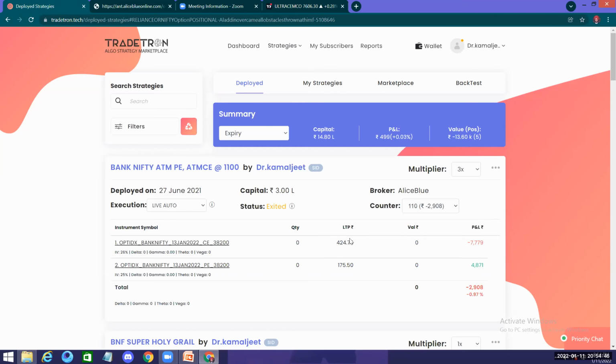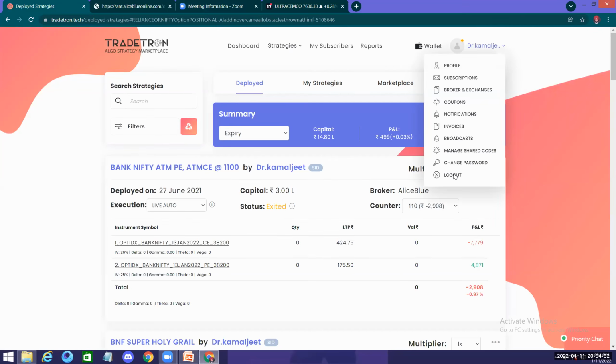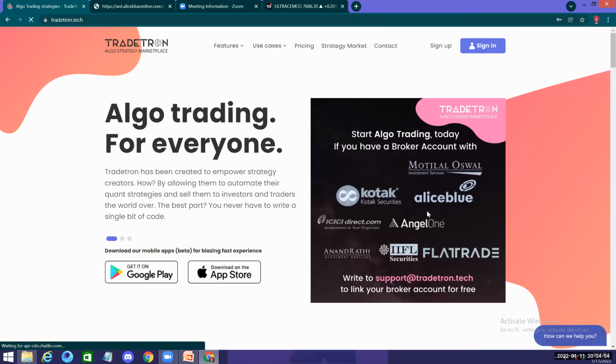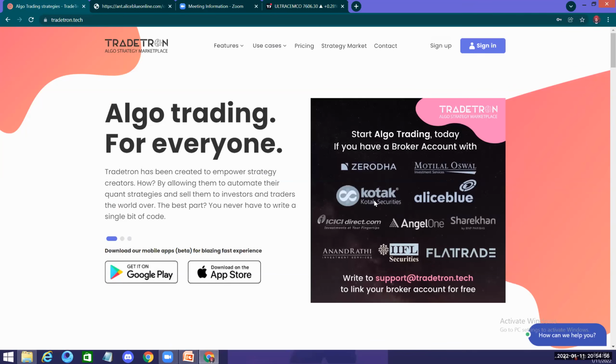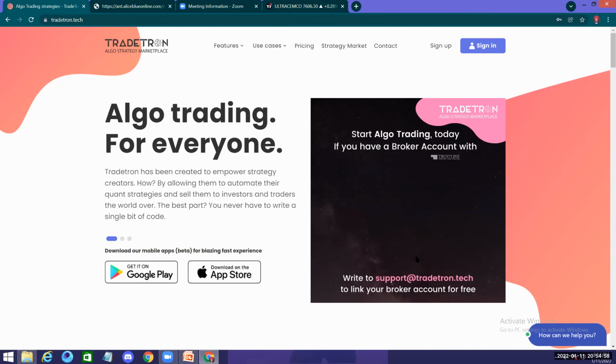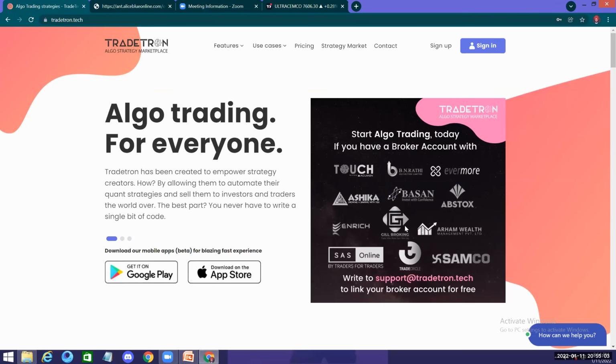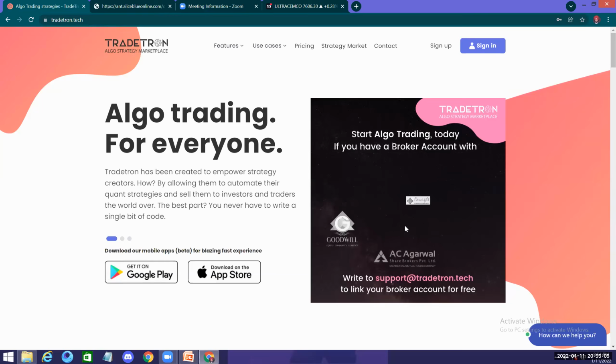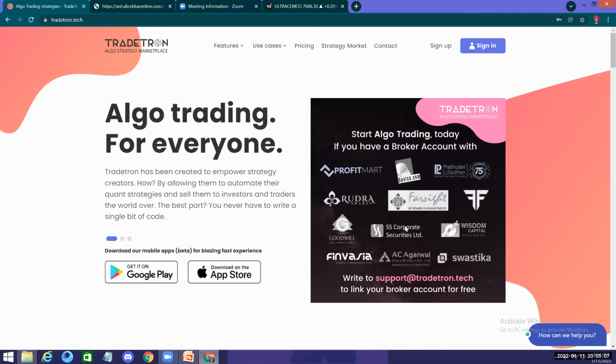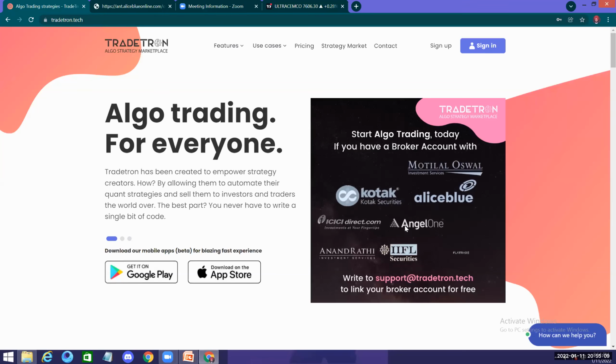Kamal sir, can this be linked with any broker or only LS Blue is supporting it? No, sir. Actually, if you log out, I will show you, there are a lot of broking houses: Zerodha, Motilal, Kotak, LS Blue, ICICI, Angel, Sharekhan, Anand Rathi. Now everybody is coming onto this thing, the Algo platform. Everybody is coming onto Algo. Sharekhan का रखना है कि उखाड़ देना है?